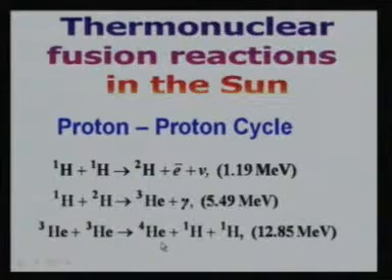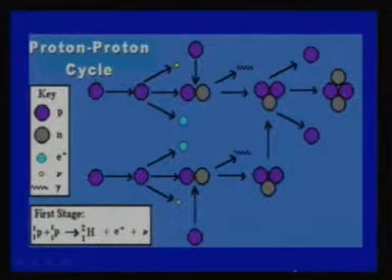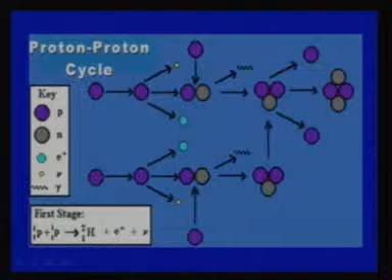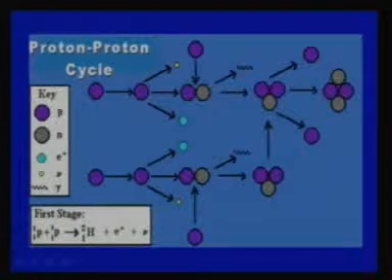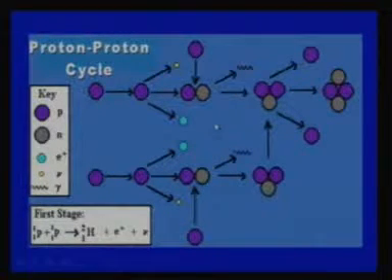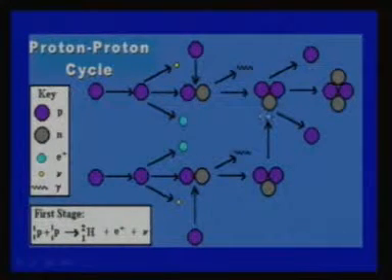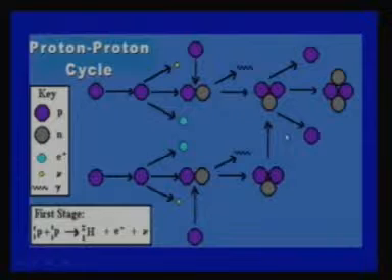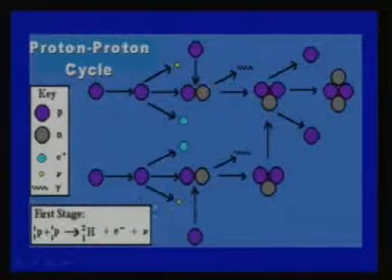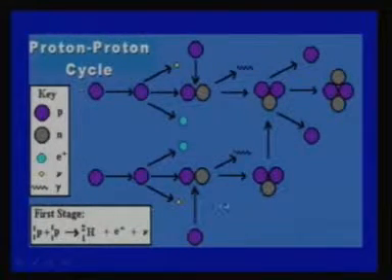The mass of 4 protons is slightly larger than the mass of helium, and this difference gives us the energy as shown here in these brackets. This is another way to show the same thing. You have two parallel cycles going on. The proton combines with one proton, gives rise to deuterium, which takes another proton, goes to helium-3, and two helium-3 particles combine to give us helium-4, and they release two protons.